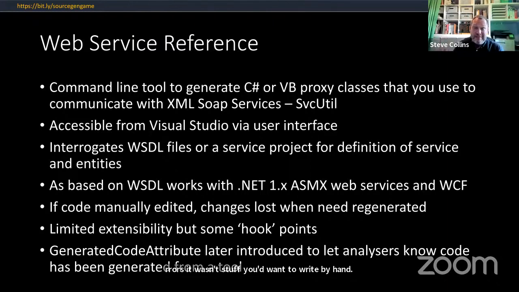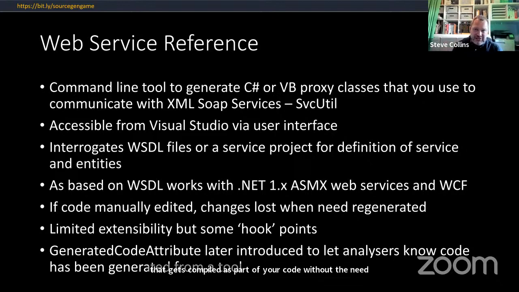Luckily, we had things like web standards that were also a big thing coming out at the time. So we got the Web Service Description Language, or WSDL, as we used to call it. This was providing metadata about how these services work. And nowadays we've got things like OpenAPI for JSON services and gRPC. It's a predecessor of those kind of things. This is where we start to get our first taste of something that comes out of the box with Visual Studio to actually generate real C# or VB classes, fully populated with code that gets compiled as part of your code without the need for templates.